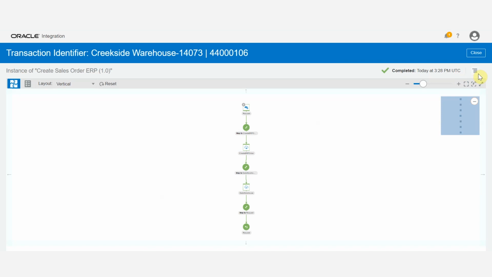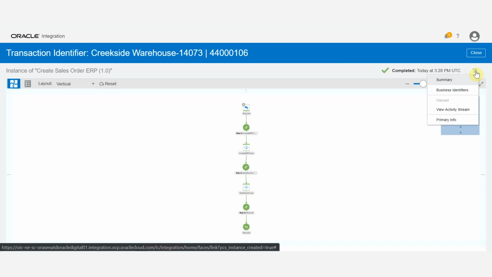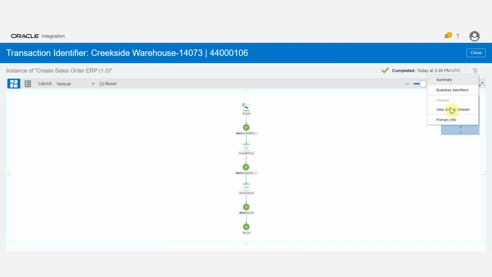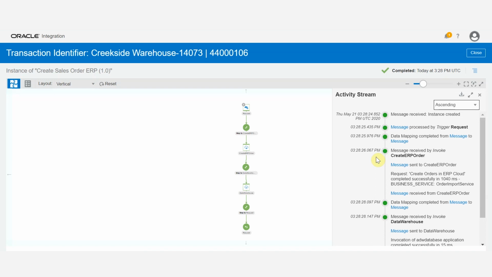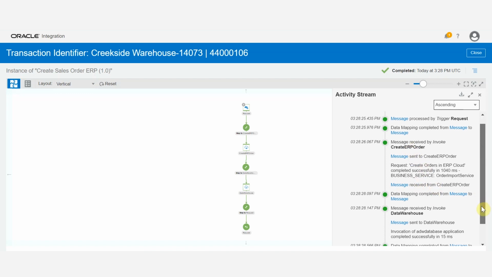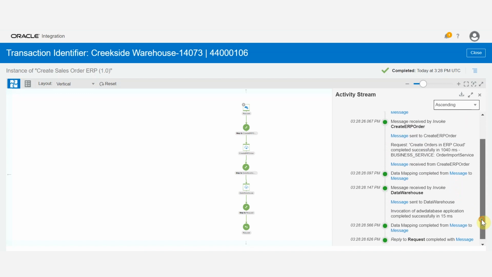If there was an error, it would be signified with red at the point of failure. Click on the hamburger icon on the top left. Select Activity Stream. You can view the payload and data transformations that happen throughout your integration. Select any of the messages for a more in-depth view. This is a very useful tool when trying to debug integrations.